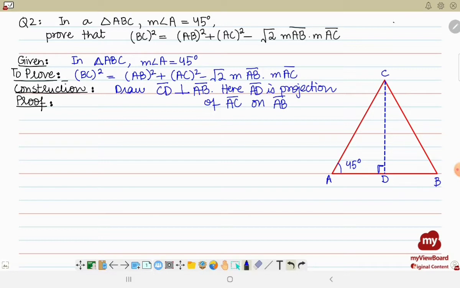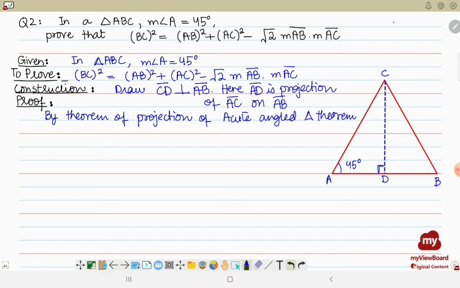Okay, so since the question is about projection of a side of a triangle, and the triangle is an acute angle triangle, we will be applying the theorem of projection of acute angled triangle, right? What does it say? The square of the side opposite to acute angle. Since this is the acute angle, this is going to be the side opposite to the acute angle. So the square of the side opposite to acute angle is BC square, is equal to the sum of the squares of the other two sides containing the acute angle,